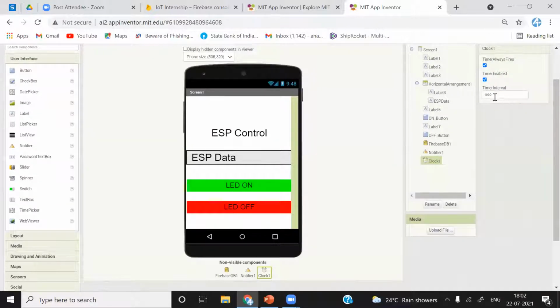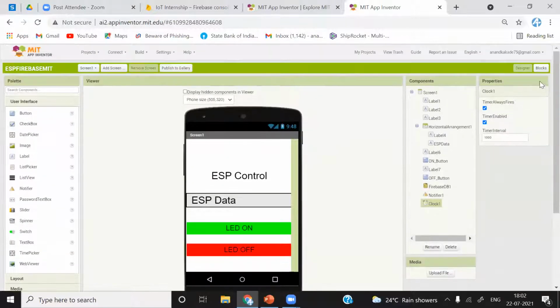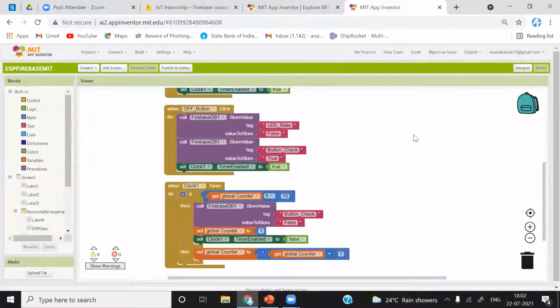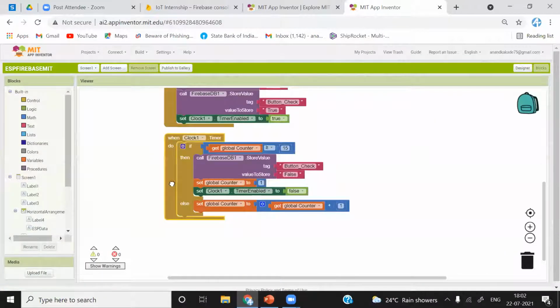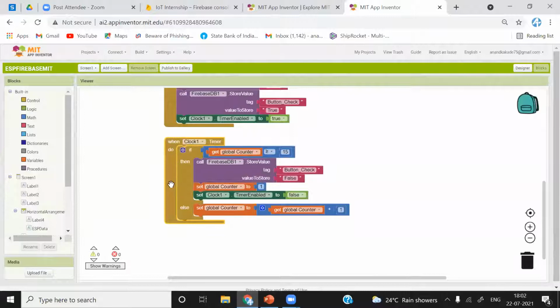A default time interval is 1000 milliseconds, and this is the logic block we used yesterday. The only thing missing was this set global counter to 1. Okay, I forgot to add this, and because of this reason this was not working properly. So now I have added this.